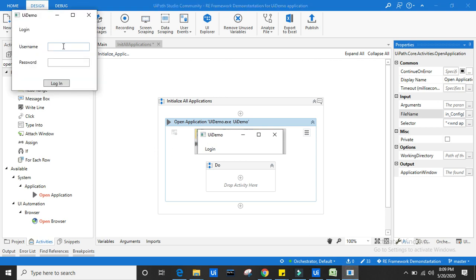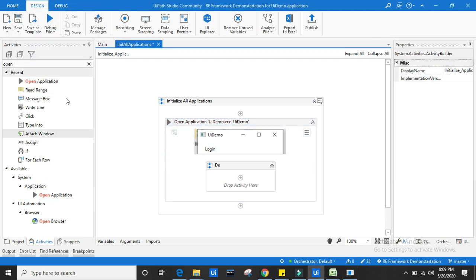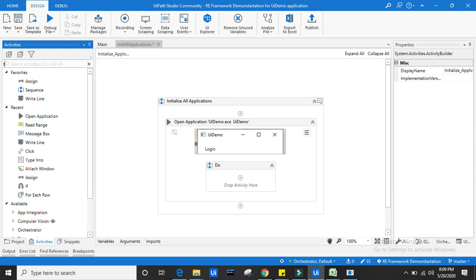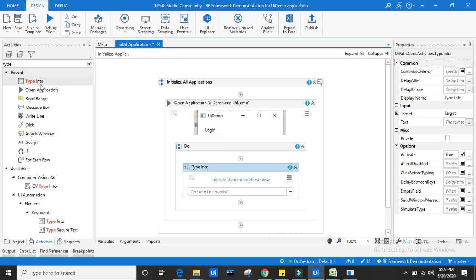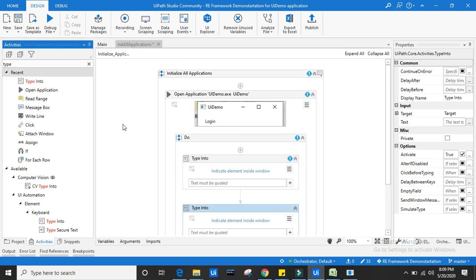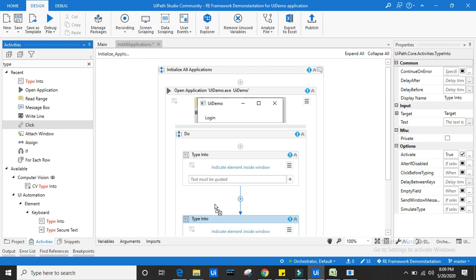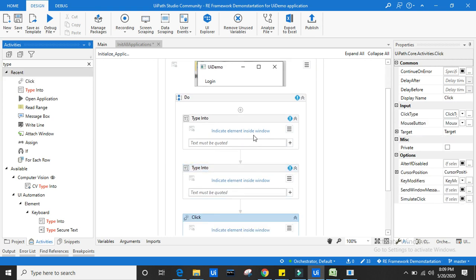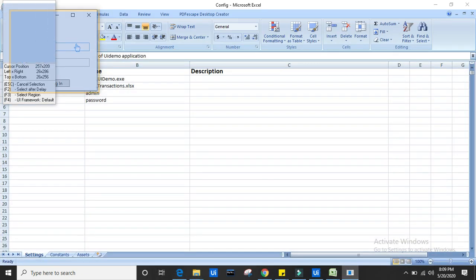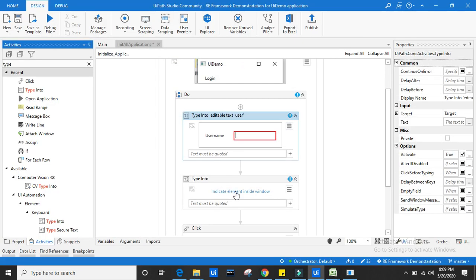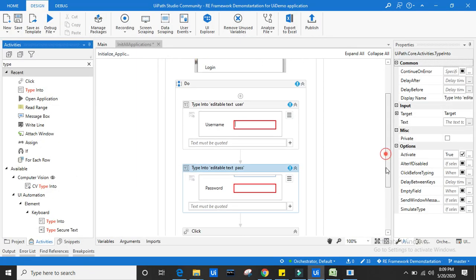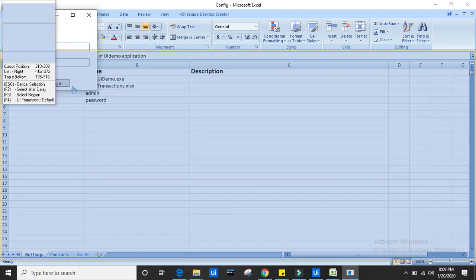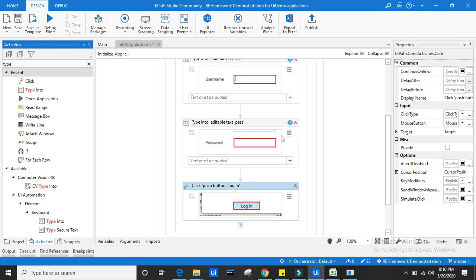I want to locate the username, the password, and click on login. So I will use the type into activity, and the click activity. Indicate the username, the password, and then click on login.